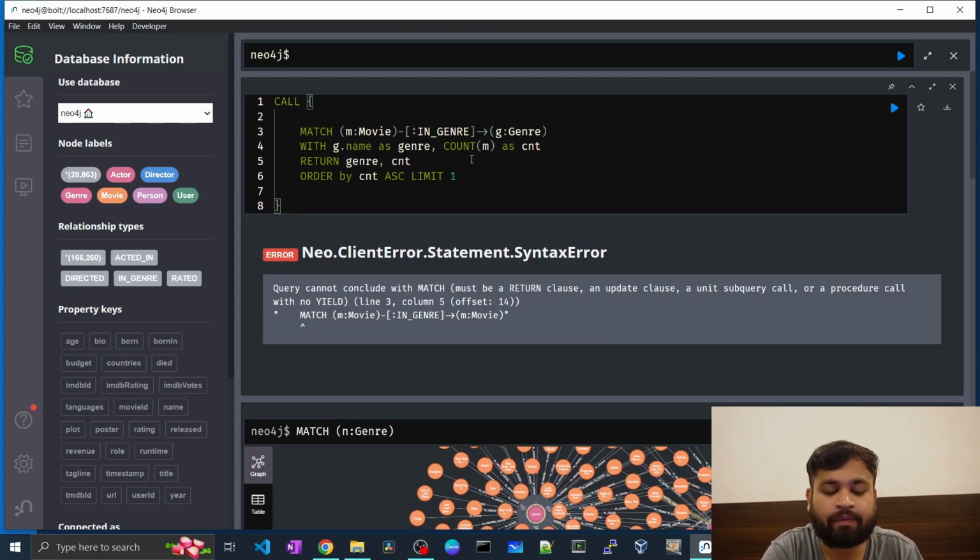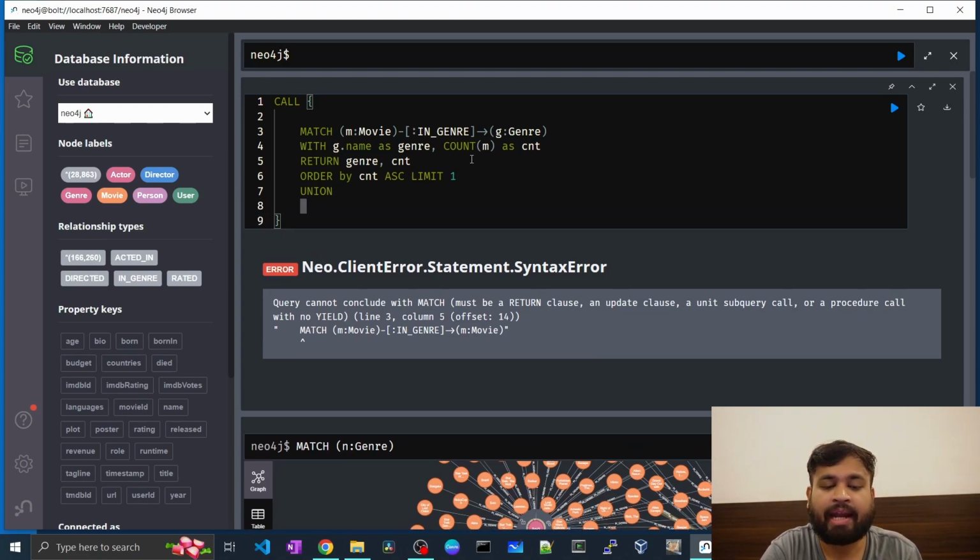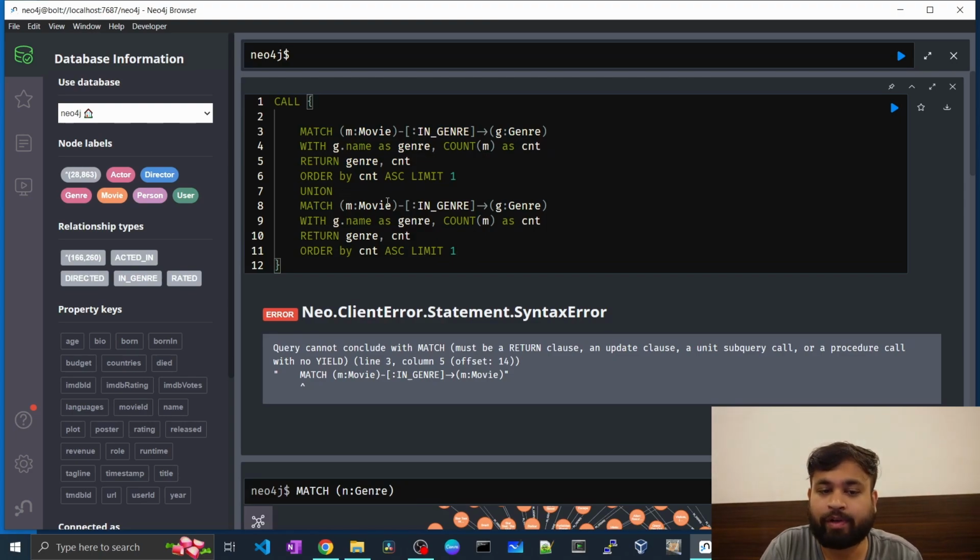And after that we'll have the union, and the union is nothing but will get us both the most popular and the least popular movie. So this will be the same, copy paste. Instead of ascending we'll have descending order here, and after that the post processing of the union clause will sort those results according to the genre. So we'll return the genre here as well as the count of those genre, and we'll just give order by the